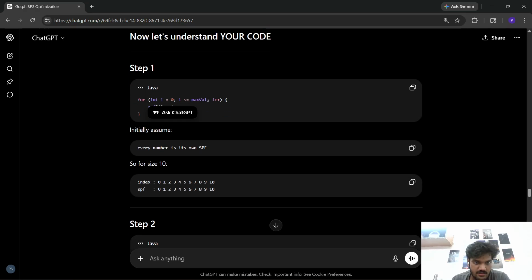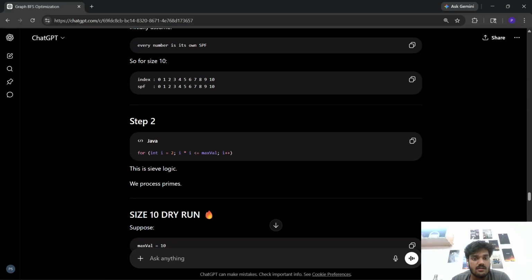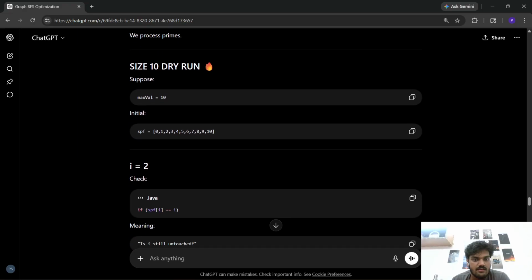Every number is its own smallest prime factor, right? And then we start calculating the processes. For 10,